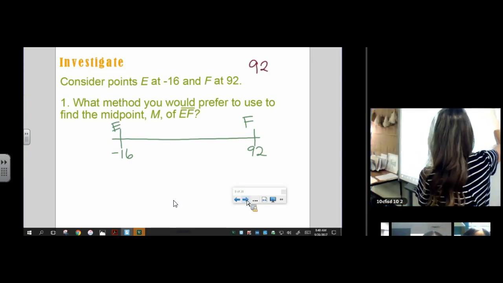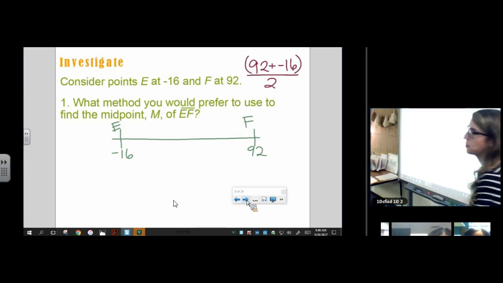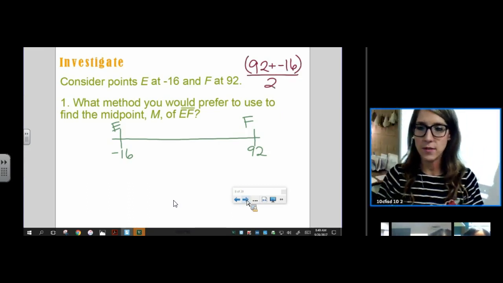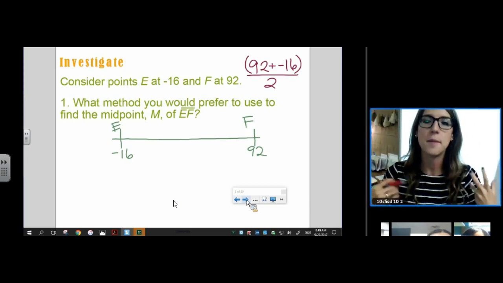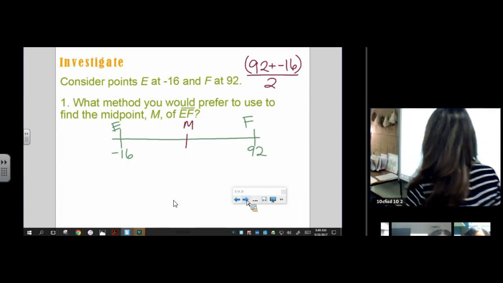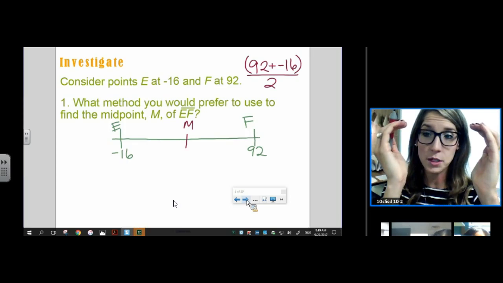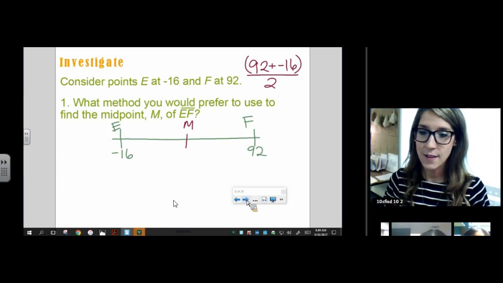So really, our most efficient way that will work on any problem is the formula we came up with. It's not really a formula. You find the average of the endpoints. You add them up and divide by 2. You find the average, the mean. So if I do 92 plus negative 16, protected with parentheses, oh so important, and divide by 2,